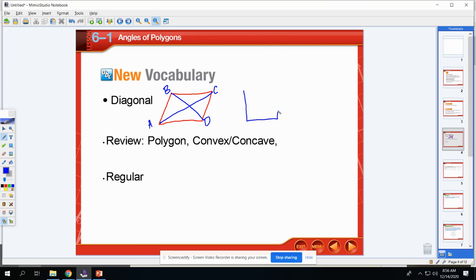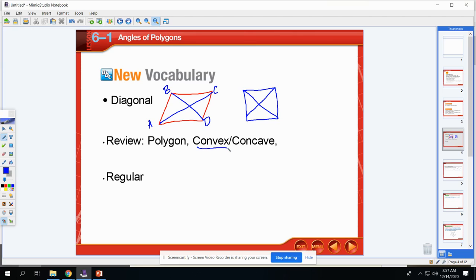And we're going to see this in a lot of different shapes, especially this chapter talking about quadrilaterals. So anytime we got basically a segment that goes from one corner to the other corner, that is going to be a diagonal. Talking about polygons here, so we're going to learn a lot of different polygons, and I want